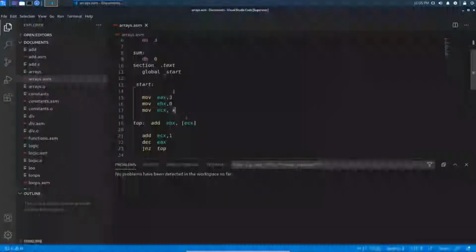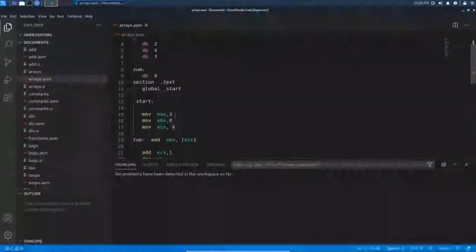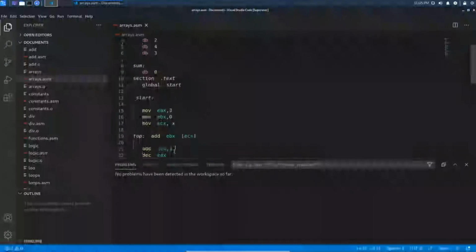Adding 1 to ECX means we are incrementing the pointer, and here we are decrementing the EAX register. At this step EAX will be decremented by 1 and the EAX value will be 2, and here is a conditional jump instruction.